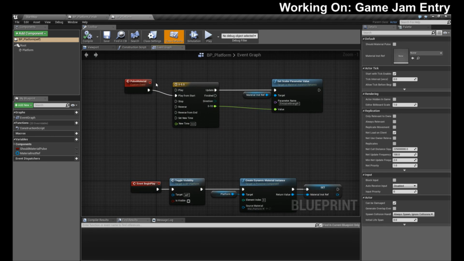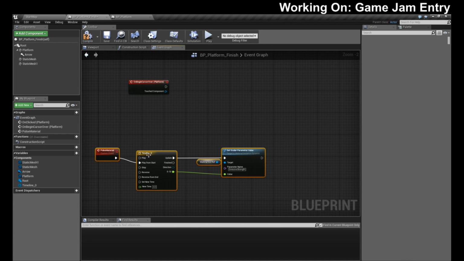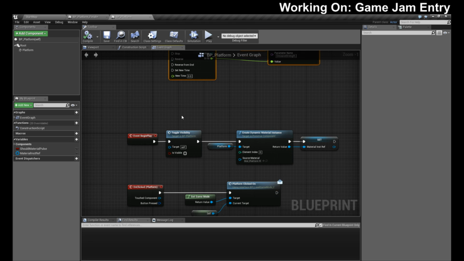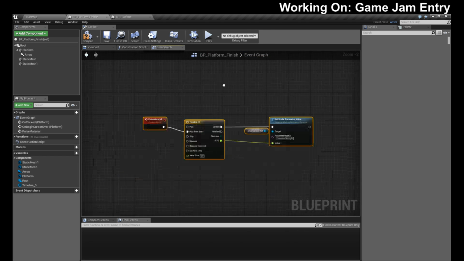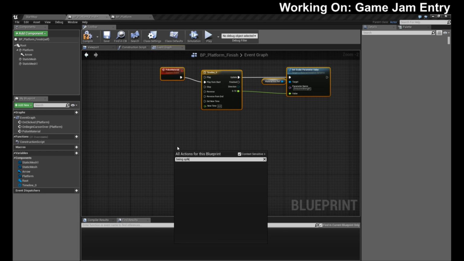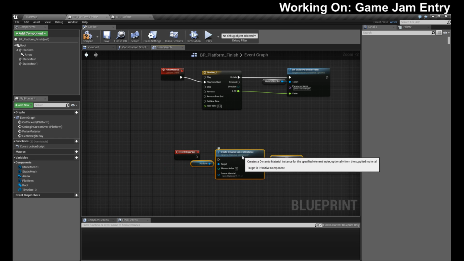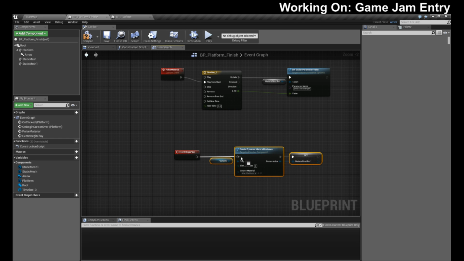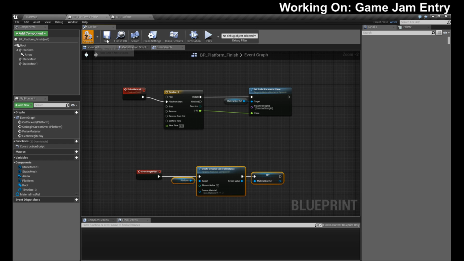Let's see, this is going to be pulse material. Let's make this in here, and then we have begin play. Let's see if we need a begin play. Let's try that again. There we go. Okay. So now we should have a material instance reference.